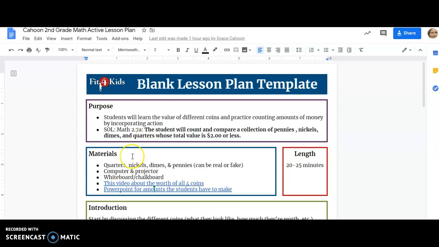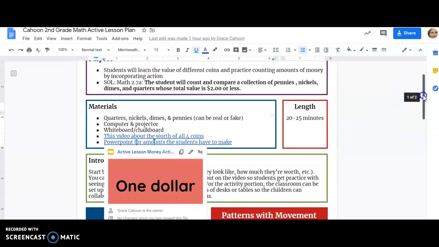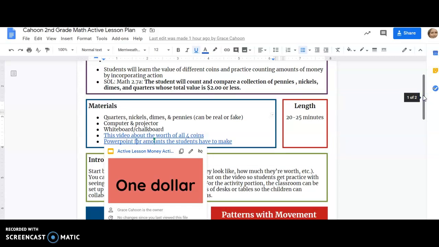Here in the materials, you list what's needed. And this student linked a video about the worth of coins and then a PowerPoint that will allow the teacher to use with this lesson. And so that is what is expected of you. And if I click on this link,